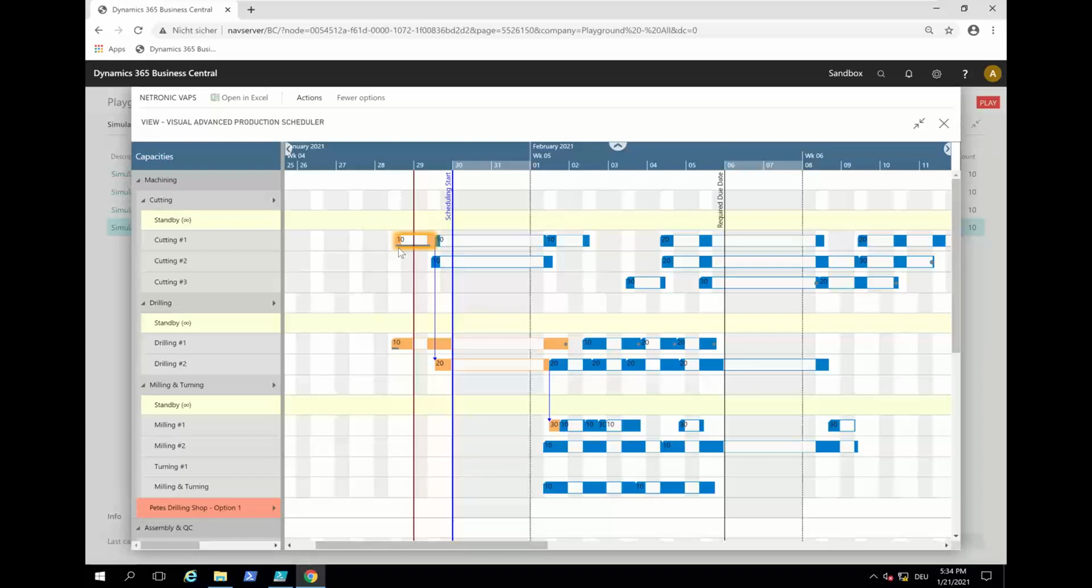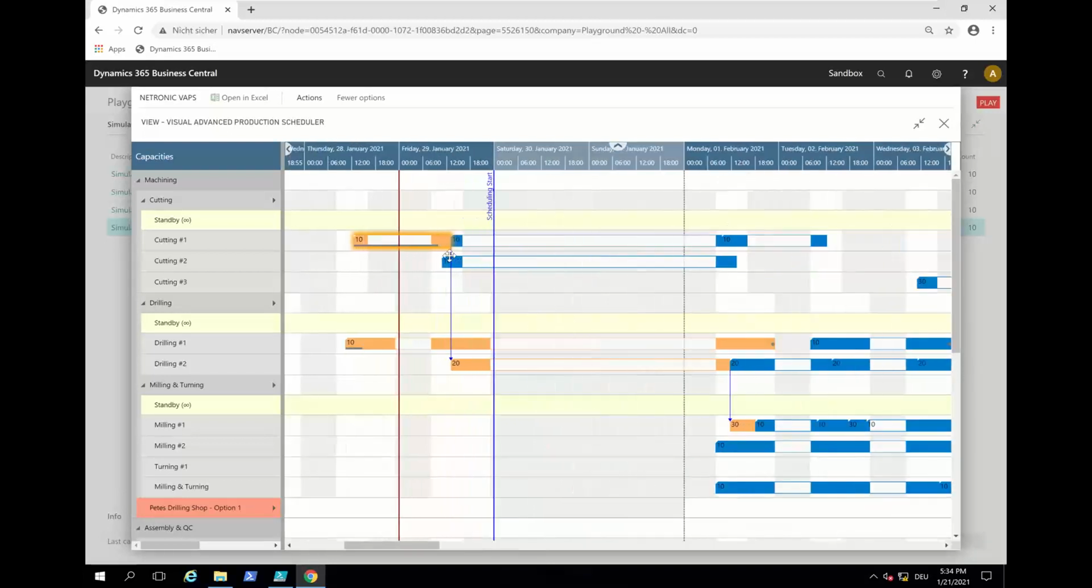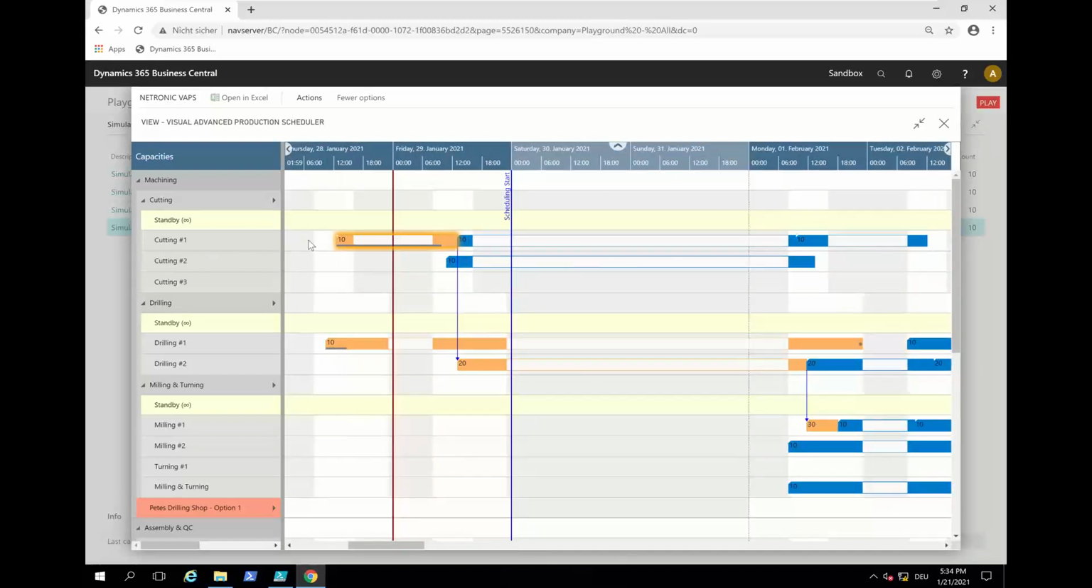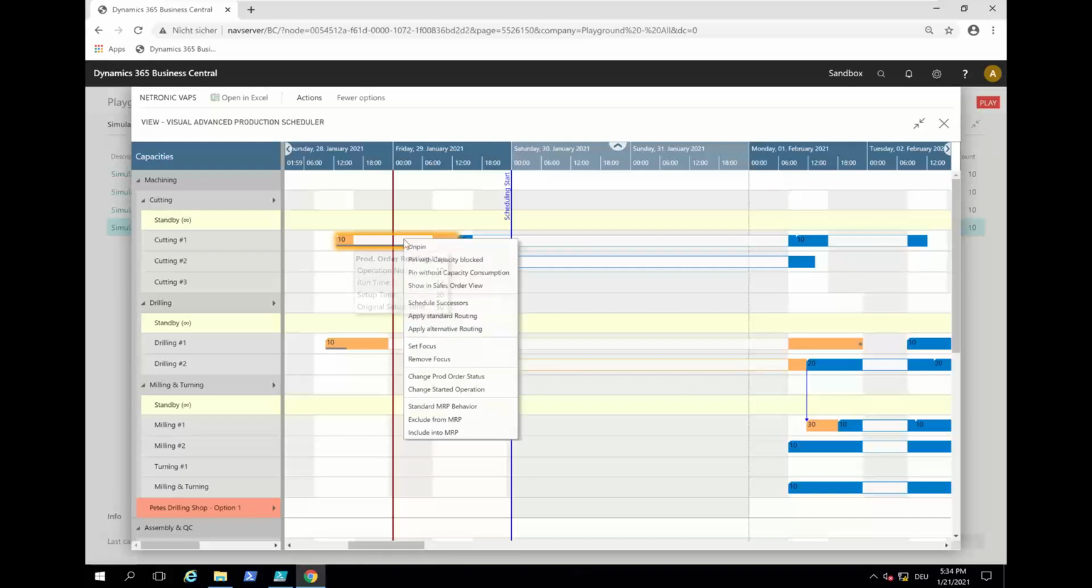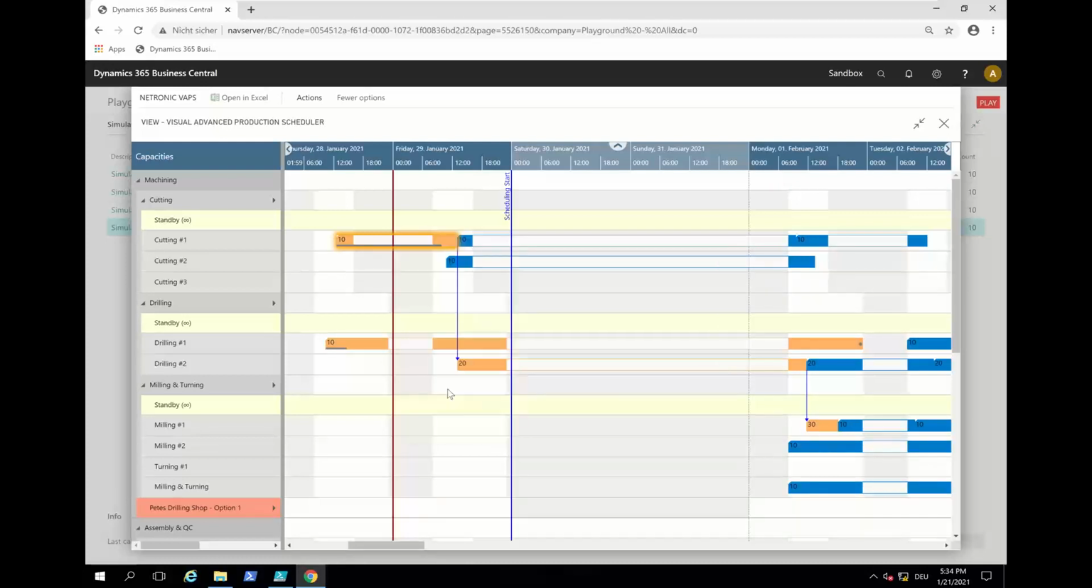And so now something happens, right? So I don't know. I need to squeeze something in here, or they tell me, hey, actually, we have an issue with my cutting machine 1. We should move it to cutting 3, whatever. Cutting 3 has some free capacity. So I could also now say change started operation. And then now I don't want to make it longer or shorter. I just want to drag and drop this. So I want to move it from cutting 1 to cutting 3. And then,